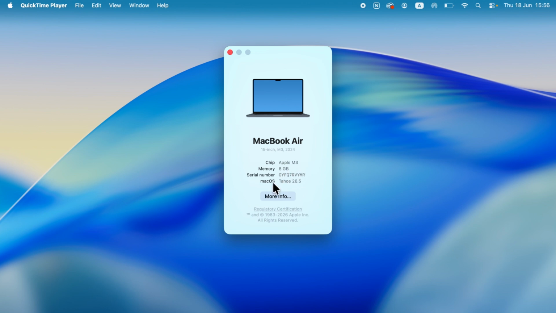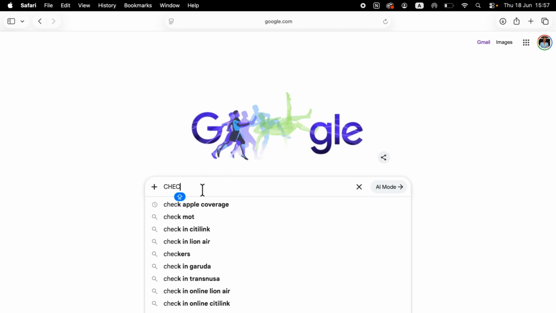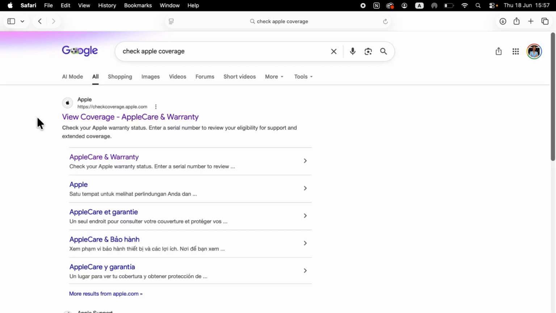Now if you want to find out the exact model of Mac that you're using, then you'll need to go and copy this serial number and then go and open up an internet browser. From an internet browser, type in check Apple coverage and press search. Click on this top website, which is